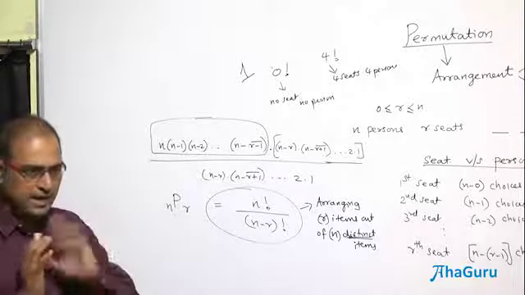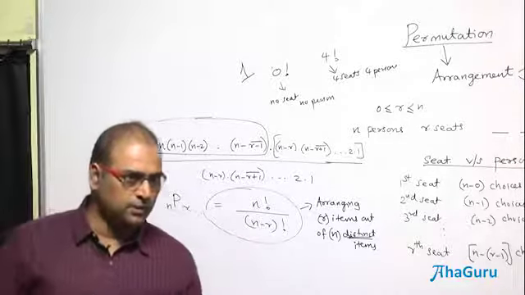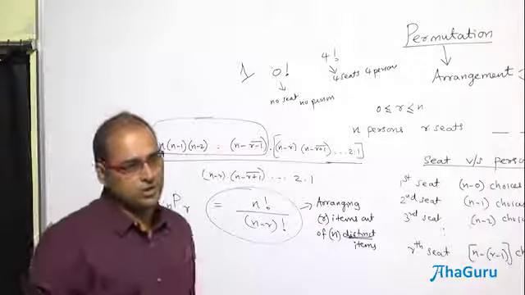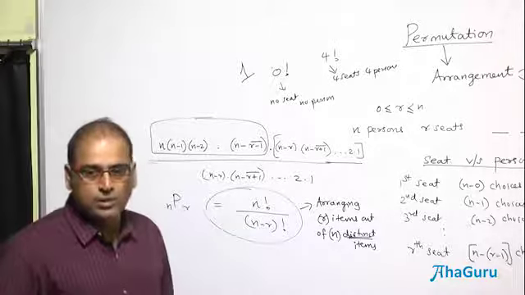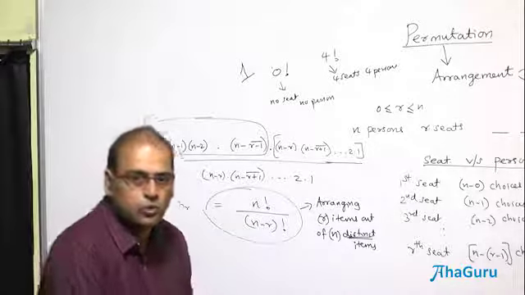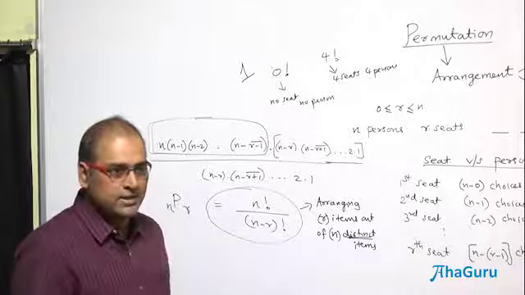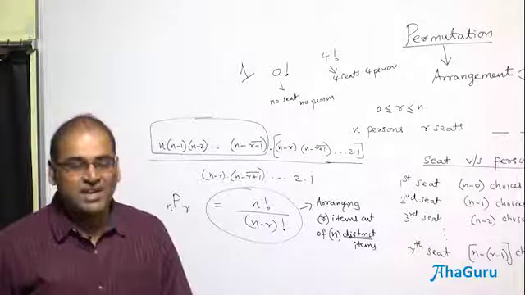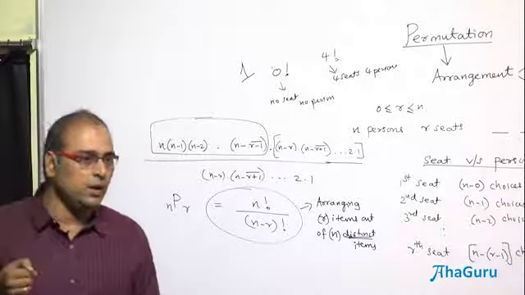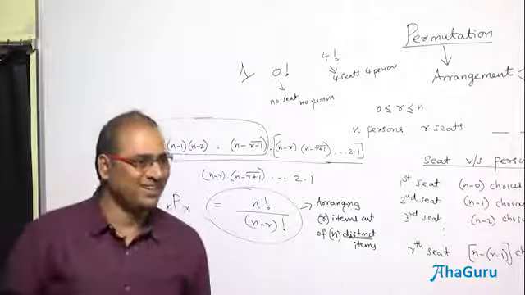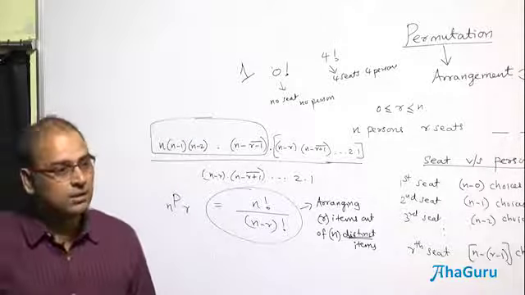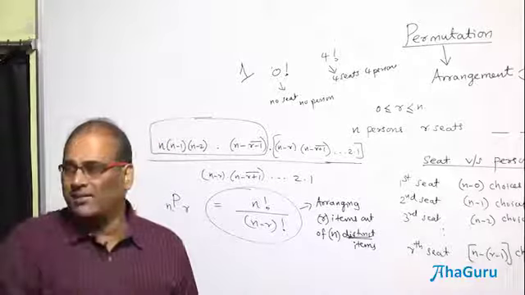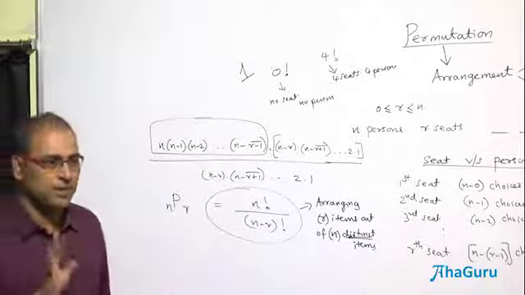n factorial is defined for a natural number, because factorial is a big concept. For natural numbers, what we define is the product of the first n natural numbers. So you go till 1. So 1 factorial means you don't do 1 into 1 minus 1. You start at 1 and starting itself is 1, therefore ending is also 1. So you don't have a chain. When I say 3 factorial, 3 into 2 into 1, I can't go beyond 1. If I am going to start with 1, I have to stay at 1. So 0 factorial is a different concept. It won't come in the product of n natural numbers.